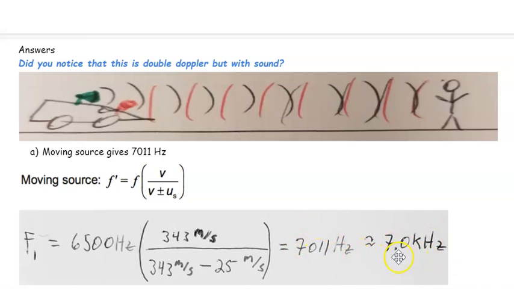With 2 sig figs, I decided to switch it to kilohertz so that I could still have 2 sig figs, have it look nice. Otherwise, it's hard to show 2 sig figs here. In any case, we'll use the unrounded number when we go to do it. So now that reflects, and another stationary observer, like standing here, hearing the reflected, would still hear the 7,000. But this person and this microphone in this racing car coming this way is going to hear a higher pitch, even higher, because this ends up being